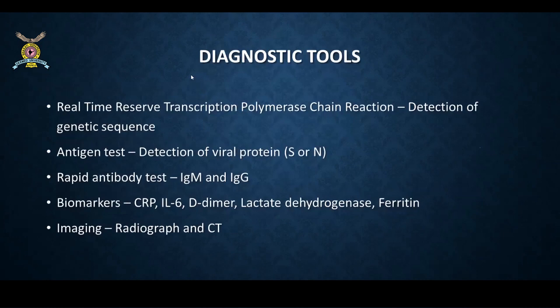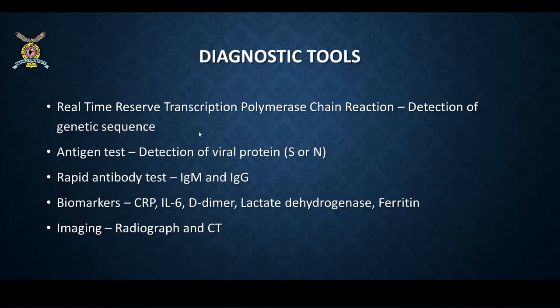So this is the list of different diagnostic tools used in making the diagnosis of COVID-19 patients. The first and foremost is the RT-PCR. As we know, RT-PCR is a highly specific test in the detection of COVID-19 patients, but it takes a lot of time. A lot of time means it takes at least a day or so to generate the report. That is the main limitation. But if you see the sensitivity of this test, it is documented between 35 to 70% in the literature. So that is also one of the problems with RT-PCR.